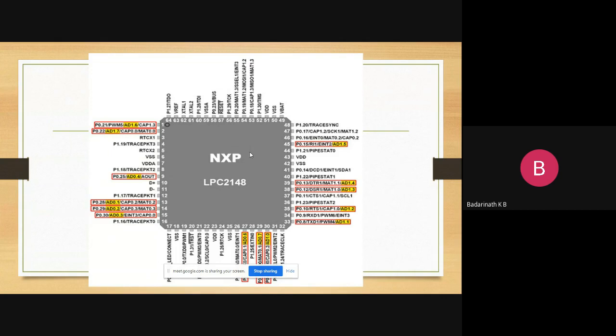In this class, we will study how we can configure the pins for different functionalities. We know that the number of pins available in the LPC2148 is only 64 pins, and it provides 45 general purpose IO pins, GPIO pins. They are classified into port 0 and port 1. Many times,